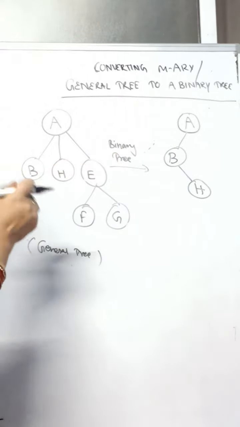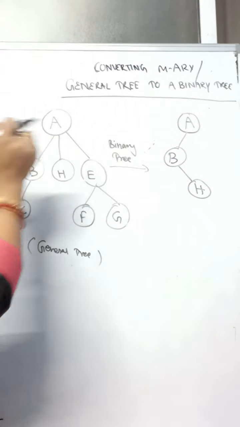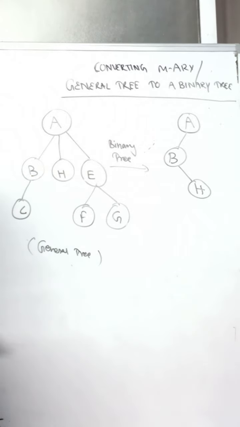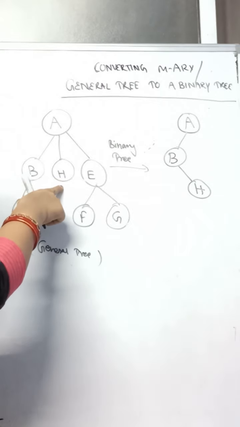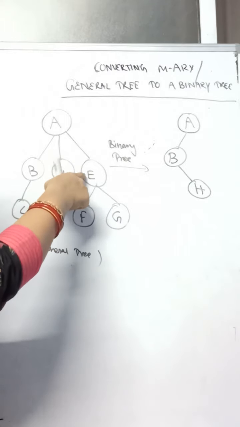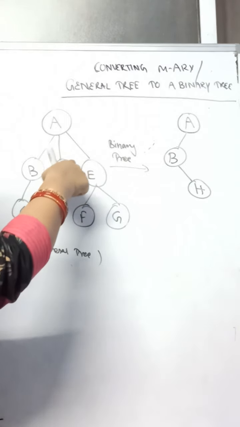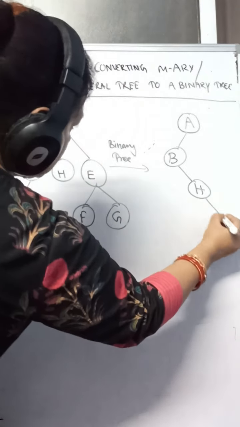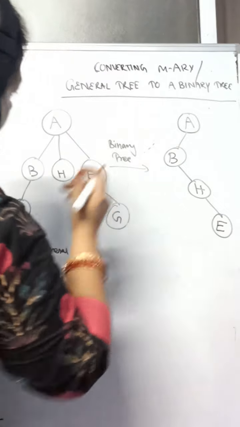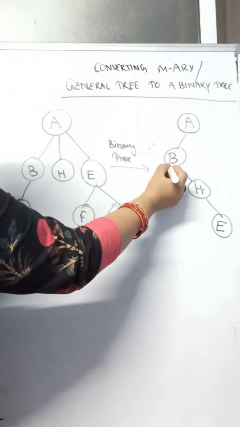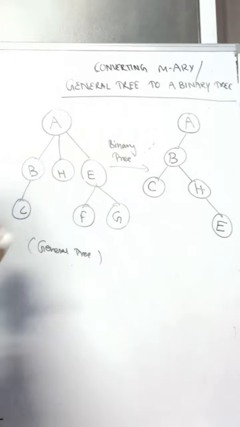Yes, I have kept the leftmost. Then I have to just erase the link. I have erased the link. Now this becomes the right child of your B. Okay. This does not have any left child. In the right side of your H, E is present, so just cut the connectivity, and this is your E. Okay. So again go for your left side. B has left children, so I have to keep this. Yes, this is correct.